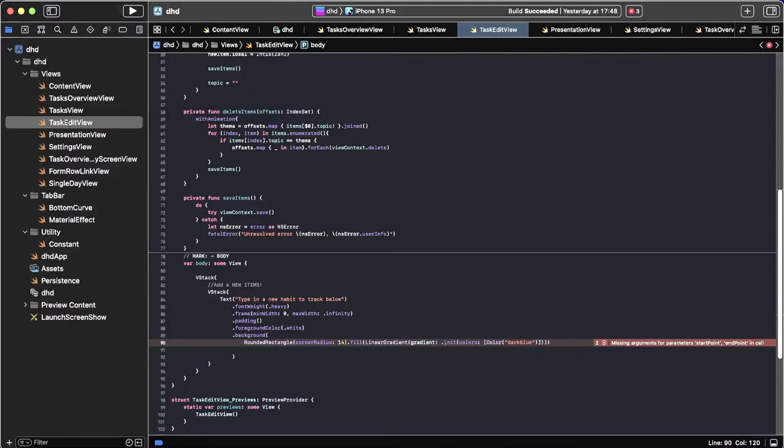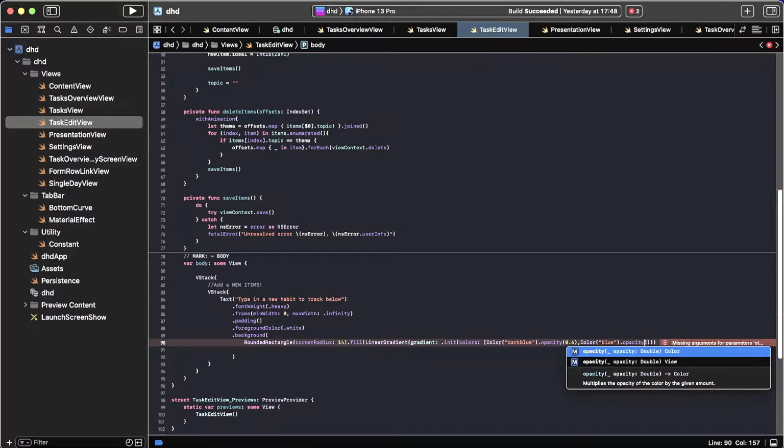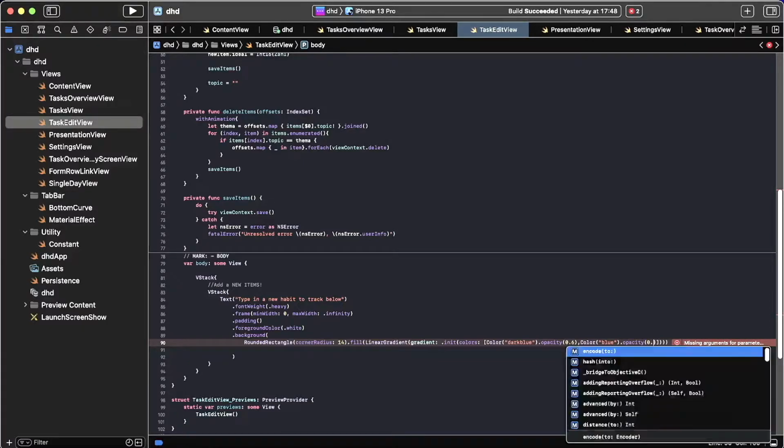So when you remember one of the first videos you could have seen as part of this course, then you know that we defined a color that we called dark blue, and it's important that the spelling is correct therefore. Okay, and this dark blue has the opacity of 0.6. Then we go for comma, then we go for color, then we go for blue, dot opacity, then we go for 0.8,